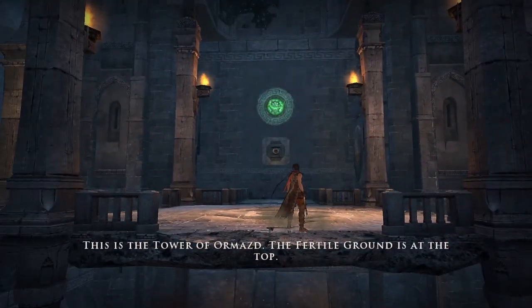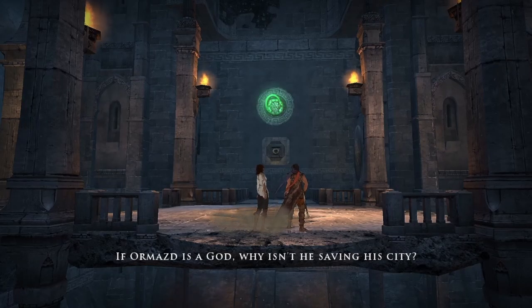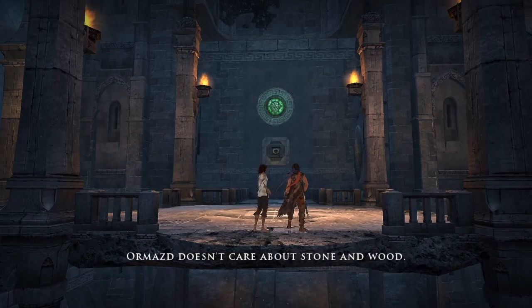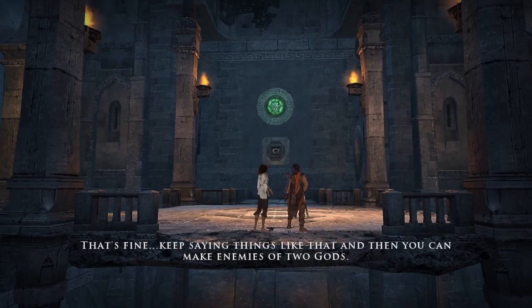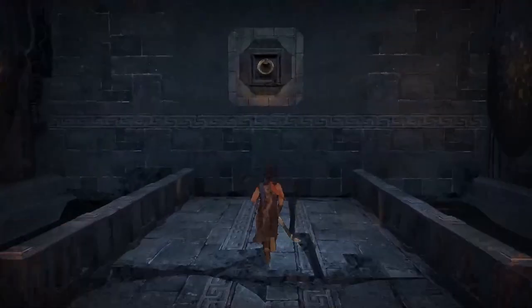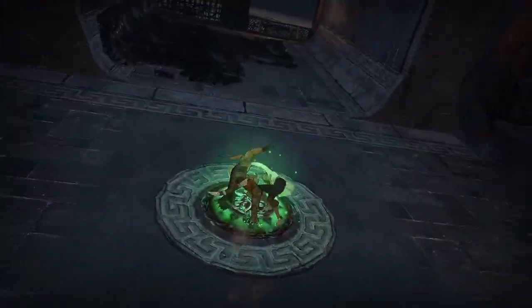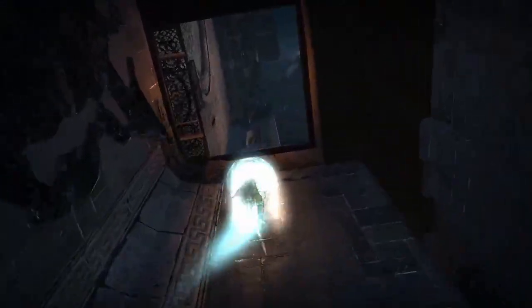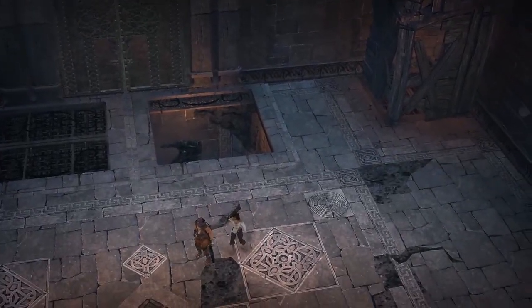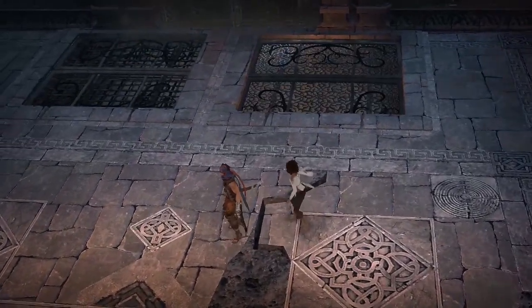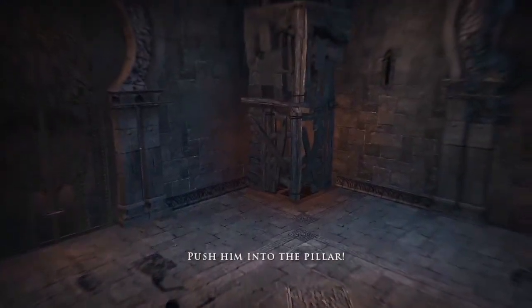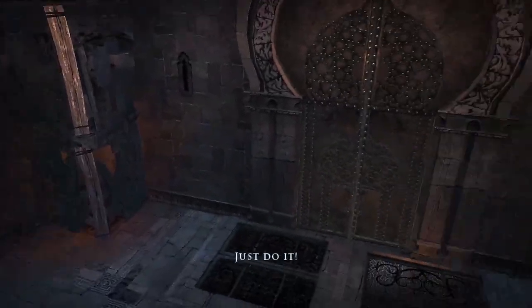This is the Tower of Ormazd. The fertile ground is at the top. If Ormazd is a god, why isn't he saving his city? Ormazd doesn't care about stone and wood. He doesn't seem to care about his people either, seeing the predicament we're in. That's fine. Keep saying things like that, and then you can make enemies of two gods. Push him into the pillar!